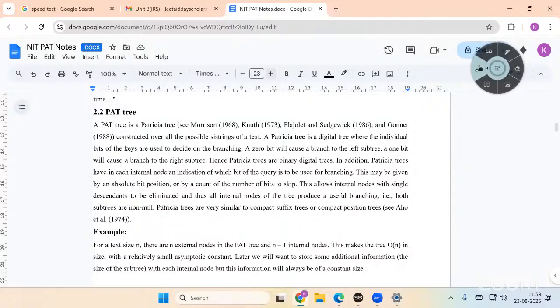Of a text. Full stop. A Patricia tree is a digital tree where individual bits of the keys are used